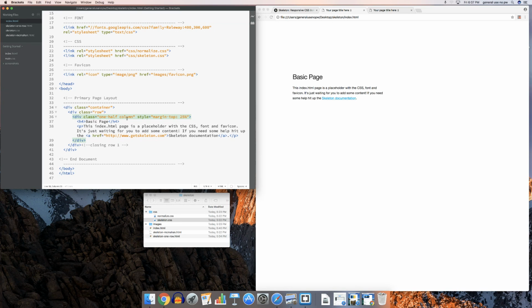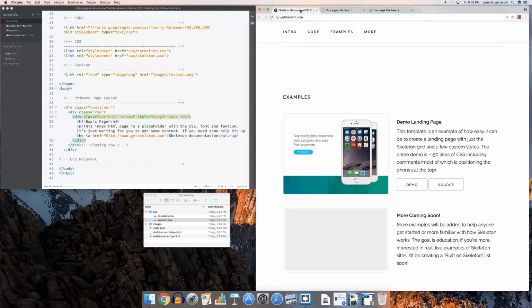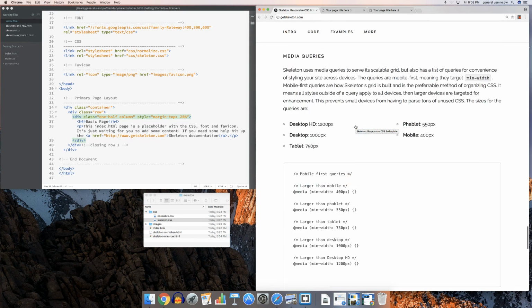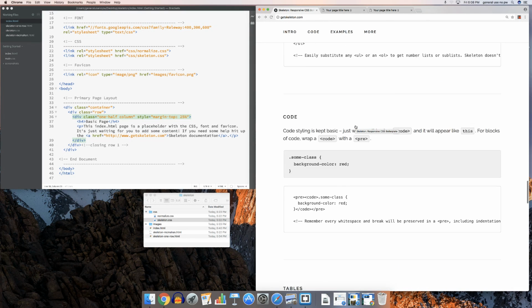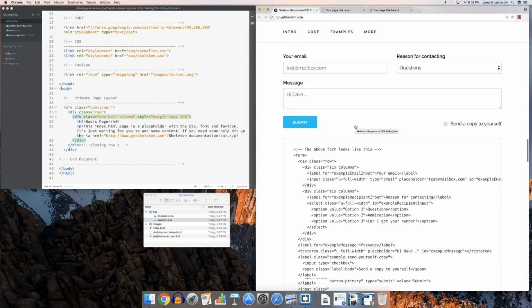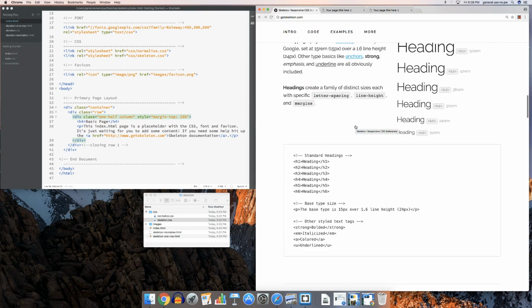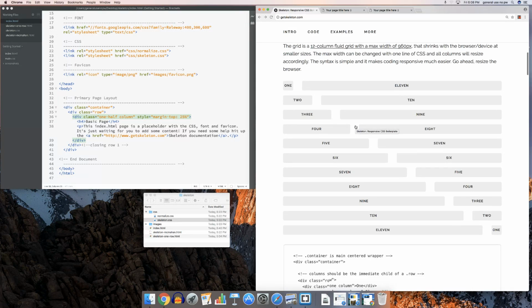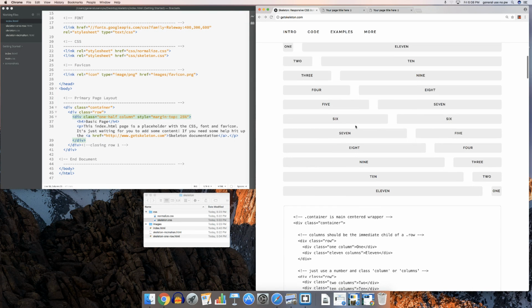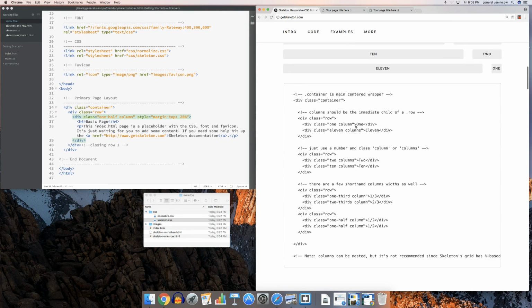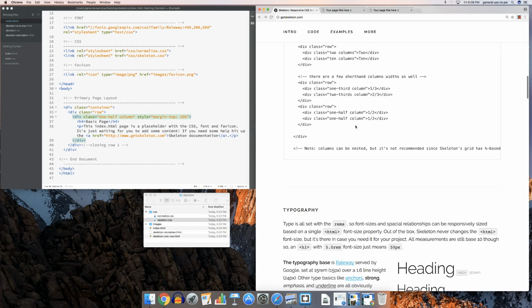So Skeleton itself is built off of a grid system where each column is approximately 1/12 of the overall width of the visible page. That's the view screen. And here we see those examples. And then underneath, we have more sample information,